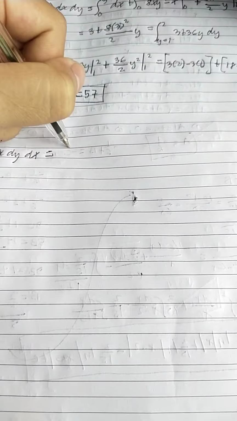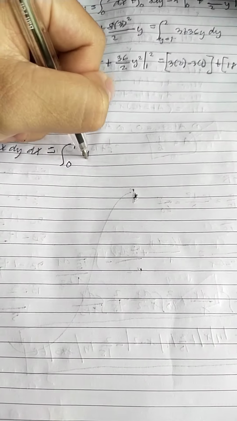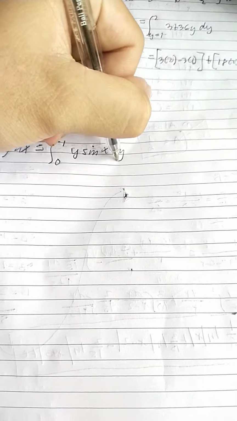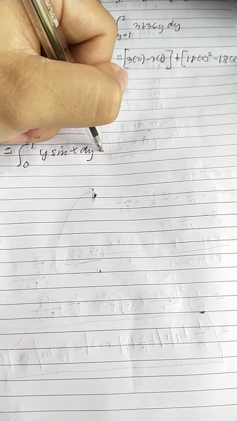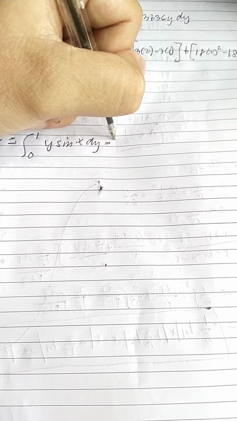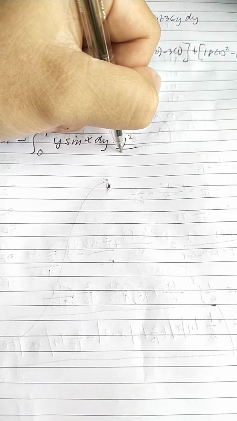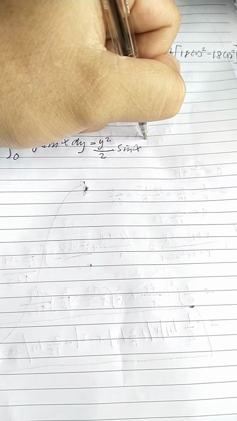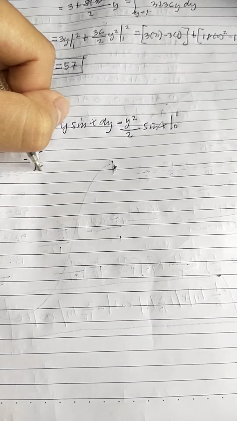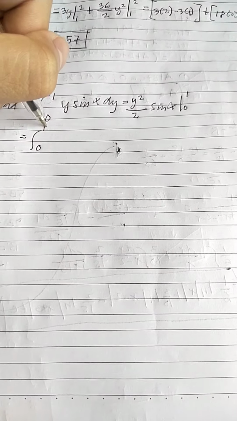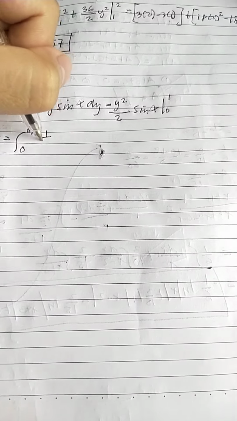So this will become the integral from 0 to 1 y sine x dy is equals to y squared all over 2 sine x from 0 to 1. So this is equals to the integral from 0 to pi over 2 of 1/2 sine x dx. So this is equals to 1/2 times the integral of sine